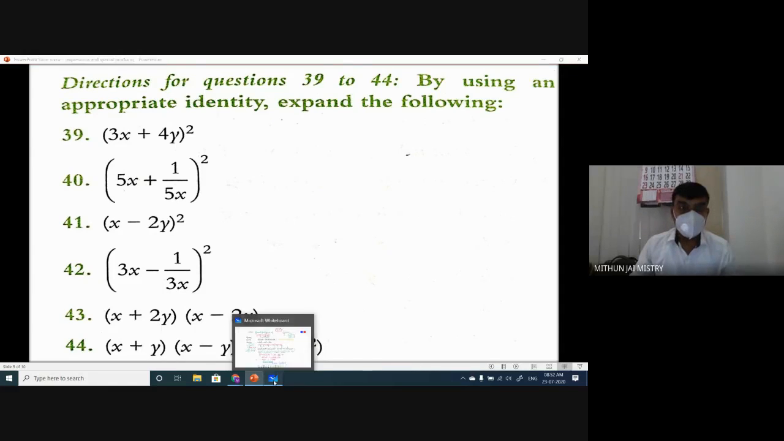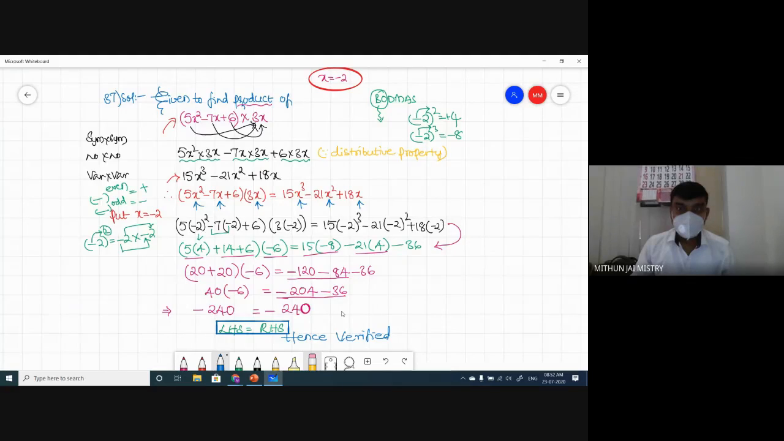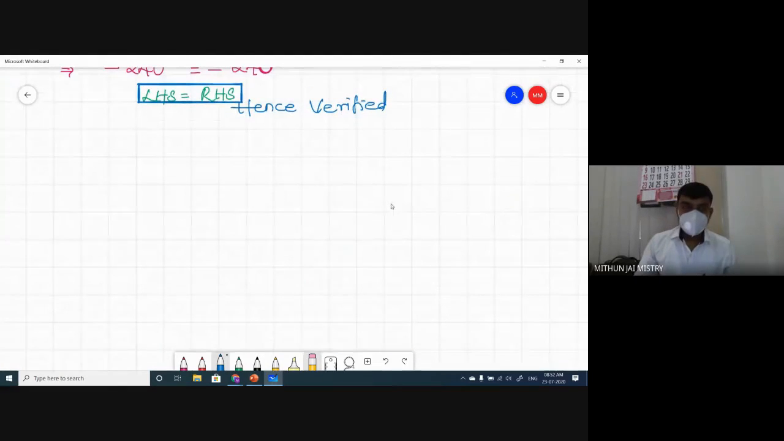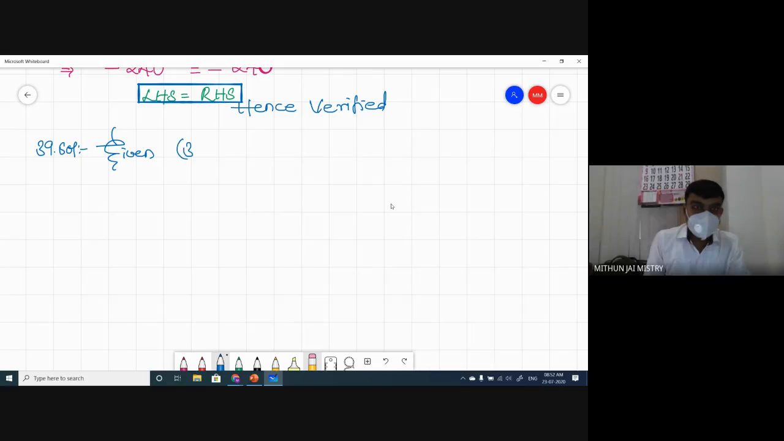Okay, let me take it to the board again. So let us solve the 39th first. 39th solution. We have a tradition of writing given. What's given? Given 3x plus 4y whole square. As you already identified, the given question is in the form of